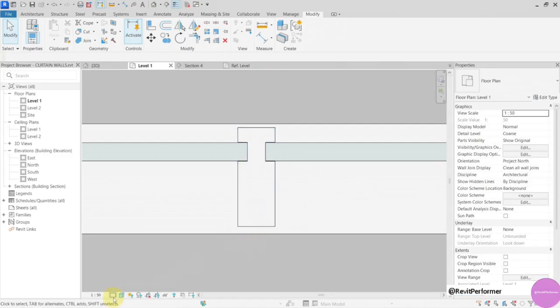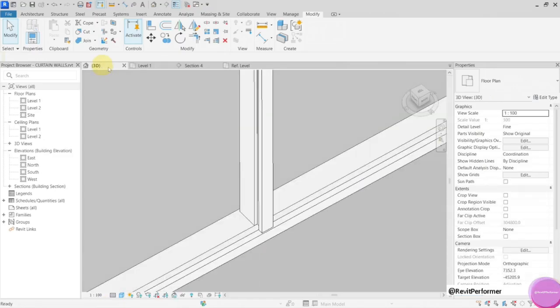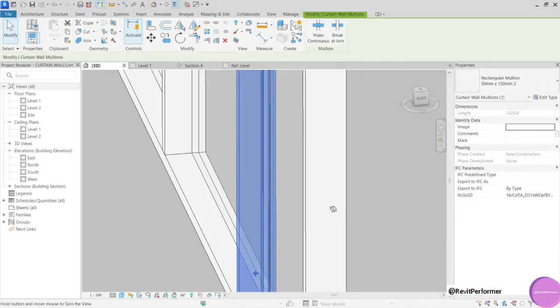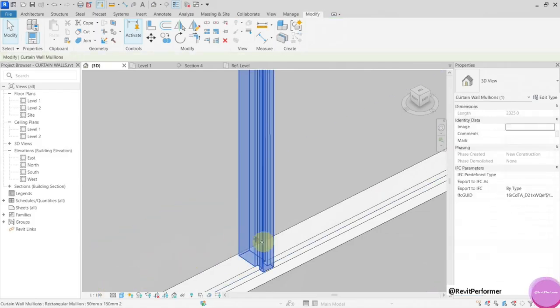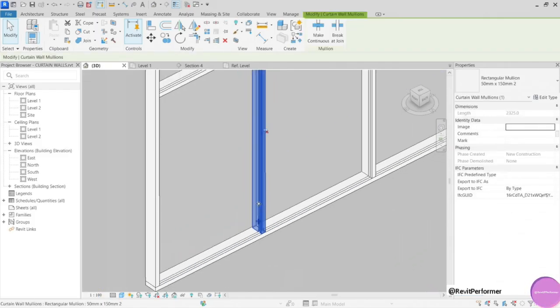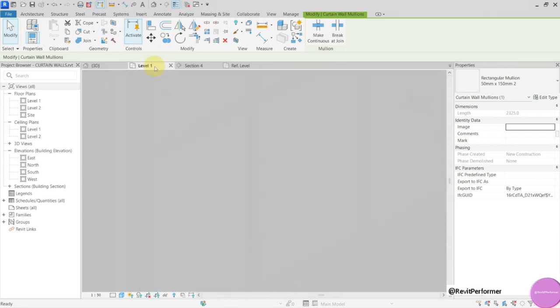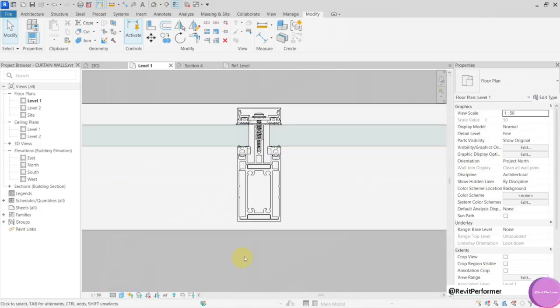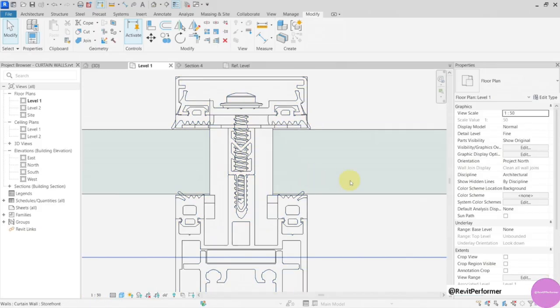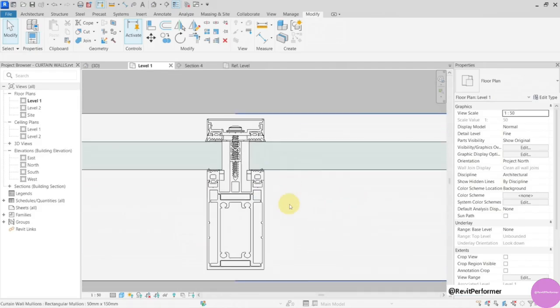And you can see that it is coarse level. I see it like this in 3D. In 3D, you can see here I have fine level, but it is still only the geometry made from the profile. But if I go to my level, go to medium, the same. And if I go to the fine level, you can now see the graphic from the imported CAD file. So this is pretty cool.